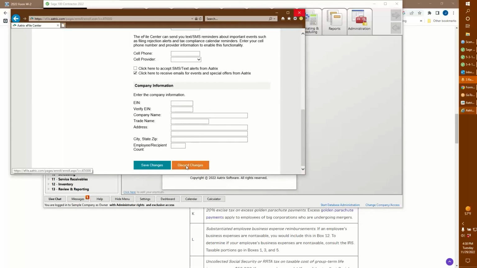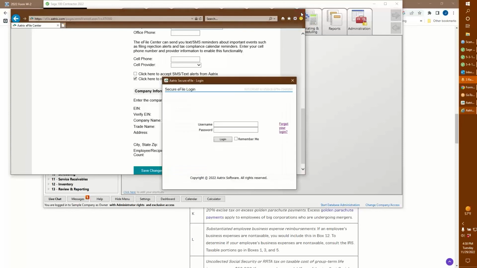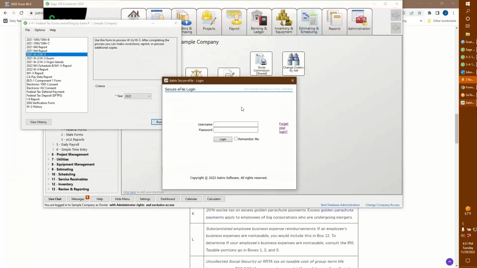So we're going to discard these and just get out of here. Okay. This would allow me now to get back in, put my username and password, and then I would just follow the prompts in order to get things filed. So I think we're done with this. If you have any questions or need help on this, certainly contact Bangert, and Bangert will send somebody like me to help you out with it. If you've watched this and have questions, we'll be happy to answer those questions.